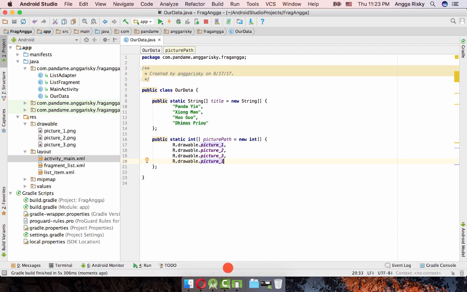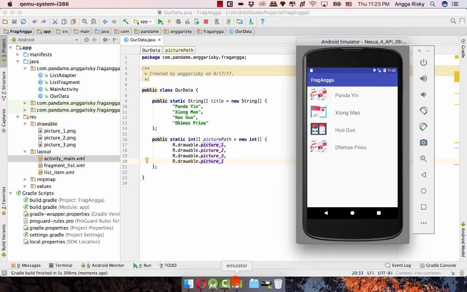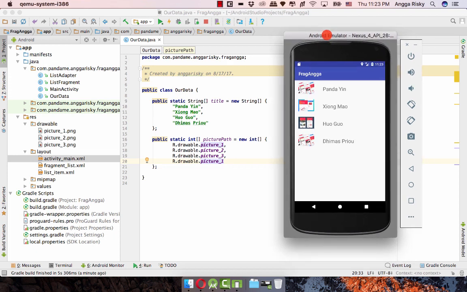So basically this is how the Fragment and RecyclerView work together, and this is pretty cool, and I want to learn more about this Fragment. Maybe next time I can create a new video about the other Fragment methods, so you can stay tuned